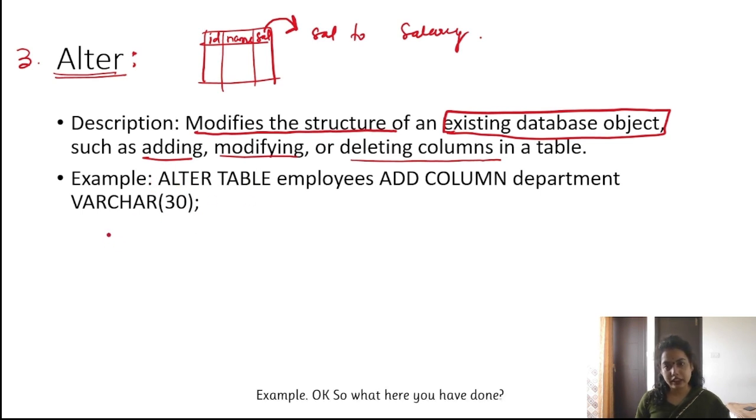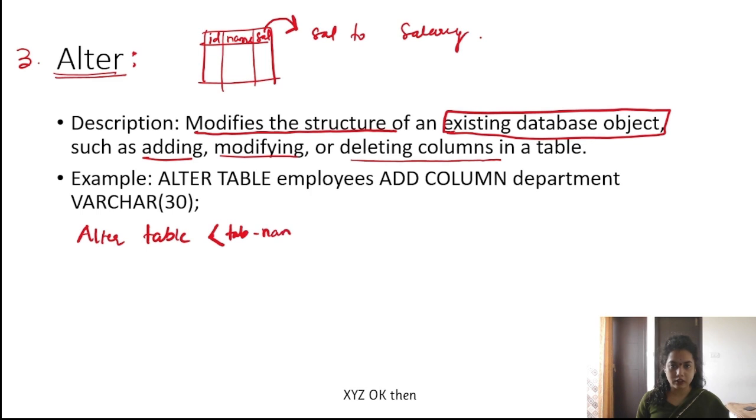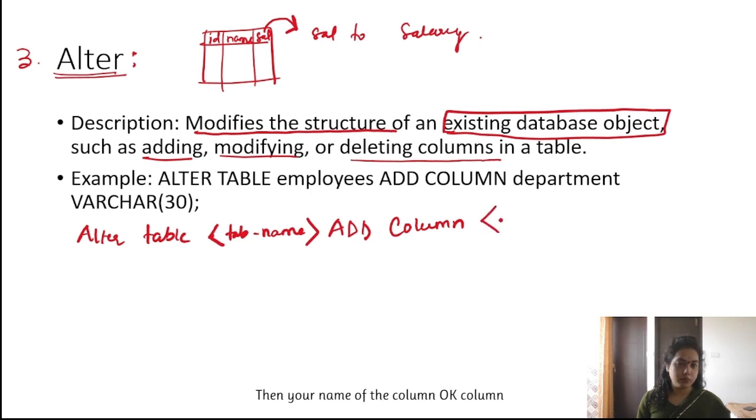Okay, so what you have done, always remember you have to start the syntax with alter. You want to alter a table whose name is XYZ. Then, what you want to do, you want to add a column, right? Then use the keyword add. Then what you want to add, a column, so you have to use the keyword column also. Then the name of the column, the column name which you want to add along with the data type. Remember I said, always while creating a column you have to mention a data type. So this is the syntax